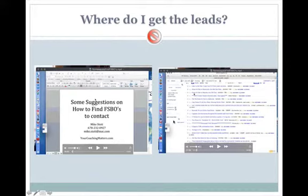My number one source is Craigslist. I go to Craigslist every day. In fact, I set up an auto search on Craigslist. It emails me when something new comes on in the market areas that I like. We'll show you exactly how to set that up. And then when you get the emails, you can decide whether you want to work with that for sale by owner or not. And not only that, the emails you send, we teach you how to put them into your